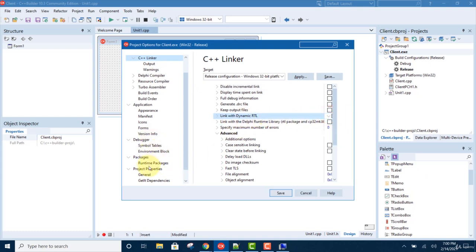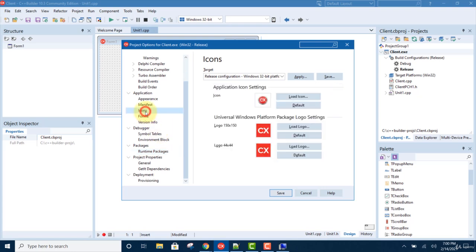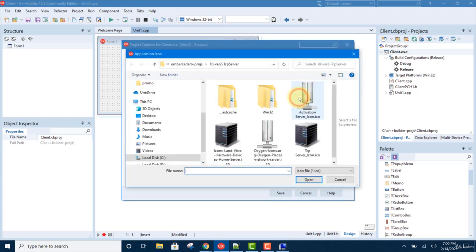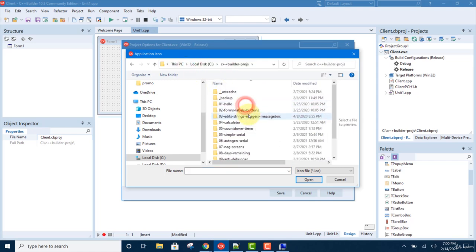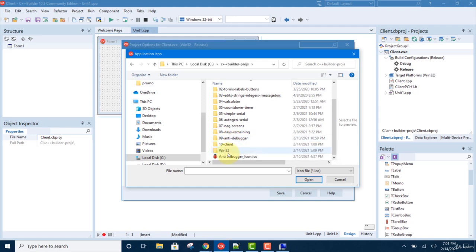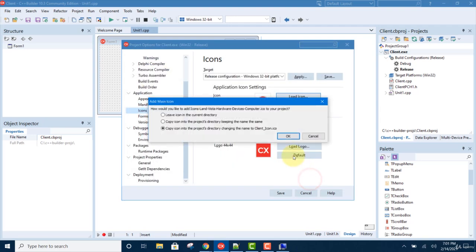Then scroll down and also uncheck runtime packages. Then let's set the icon, so click on icons and click load icon. Then go to your C++ folder for this project, open the client folder and click on the icon. Click OK,